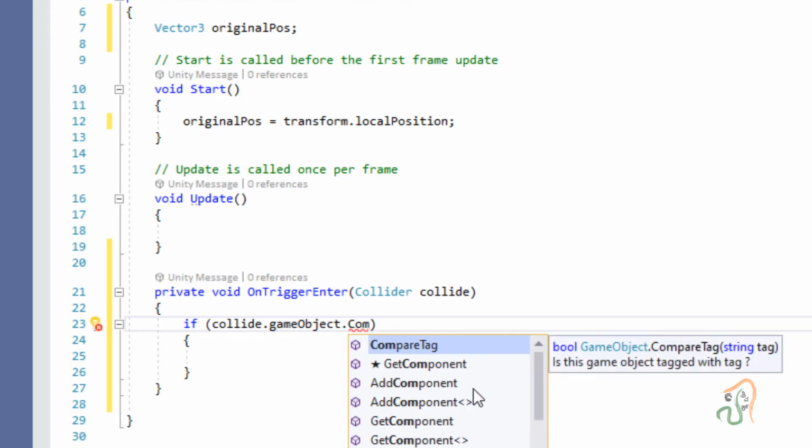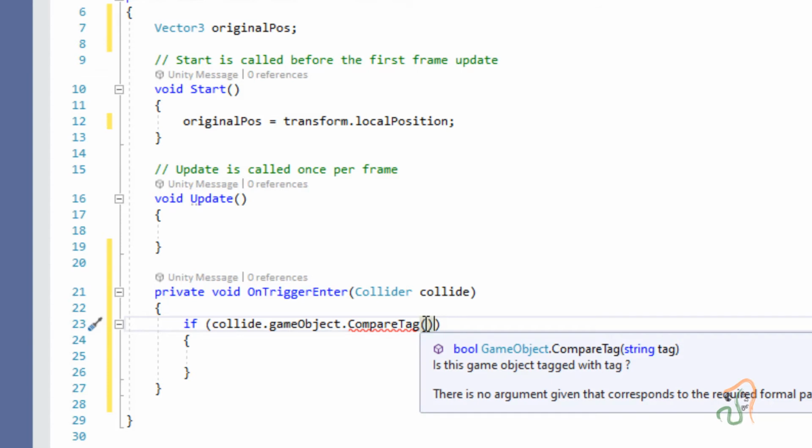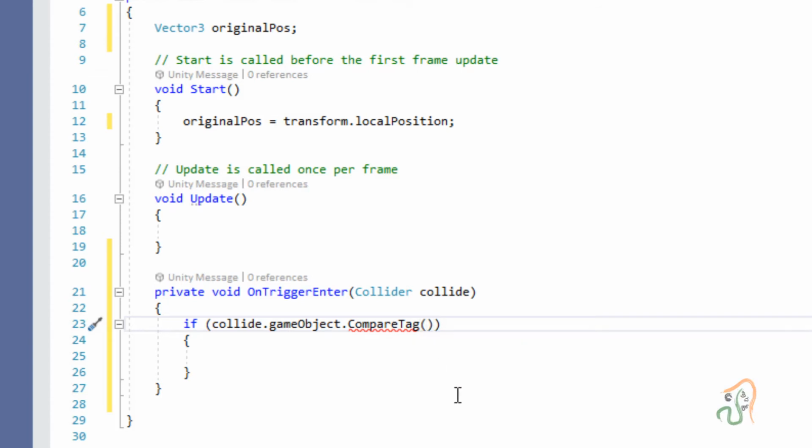You have it here. Select CompareTag, and in the open and close bracket, inside two inverted commas, we are going to type exactly the tag that we have used here, that is ShipHit.